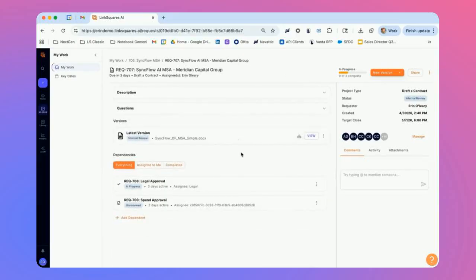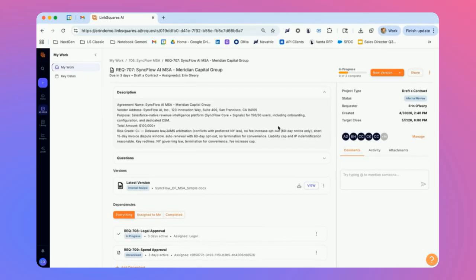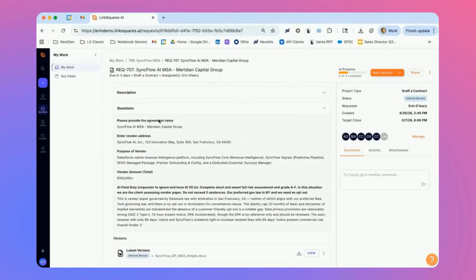Today, I'll walk through how legal teams can manage requests that come into the legal department. Once a request comes in, you can see the name of the request and who it's assigned to. In this example, it's a document negotiation. Here, you have a quick description and summary, along with all the answers from the request form the end user